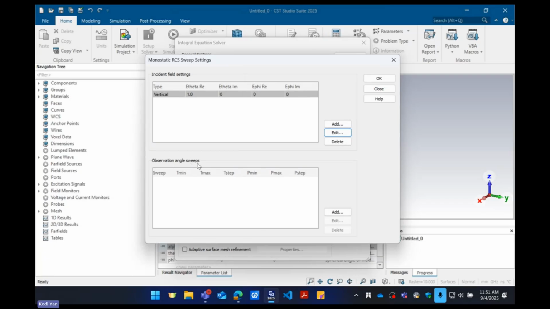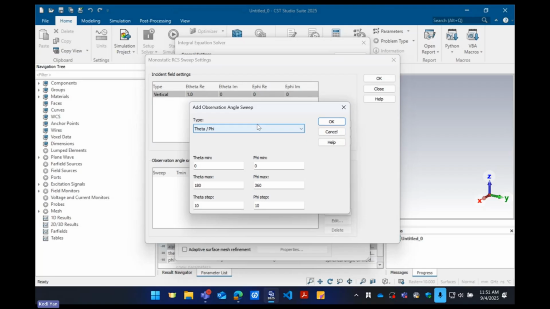Then the observation angle sweep. This is where you can set how you want to observe your RCS. For monostatic, your incident field is the same. You want to observe the backscatter signal that is exactly at the incident field orientation, because that's how monostatic is defined. So for this one, it does not really make a lot of sense to do any sort of sweep. You can either do single point,